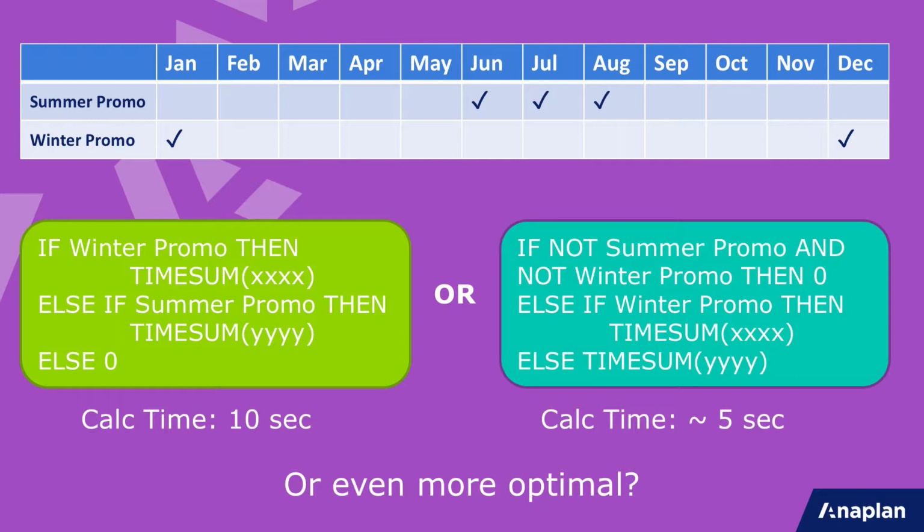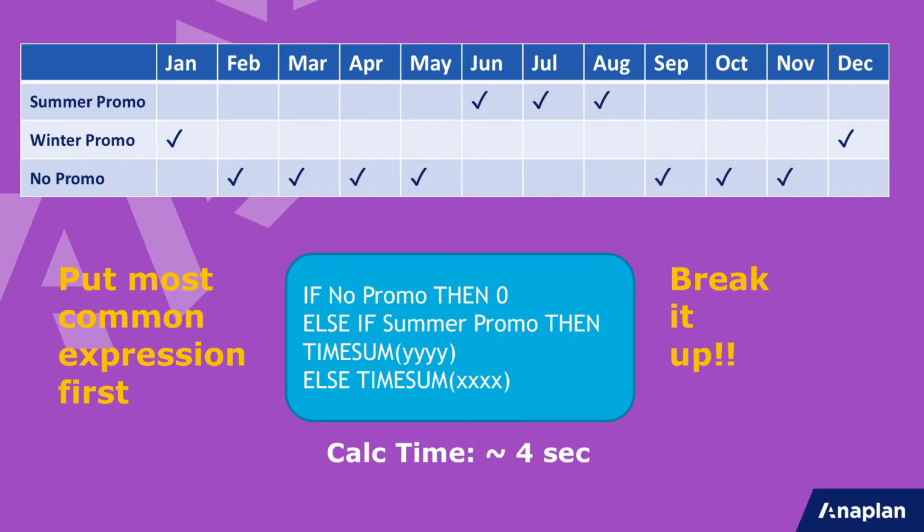So it's more efficient to put the formula to say, let's put the nothing at the beginning, and then we check for the other ones. And in this case, that's still not particularly great because the winter one is more than the summer one. So what we can really do, the timings here are just representative, we can actually make it more optimal. Based on the previous example, we put another line in that does the calculation for the knots and then check that first. So if there's nothing, we do naught, because then it stops. The calculation goes, I don't have to do any more because I've done it.